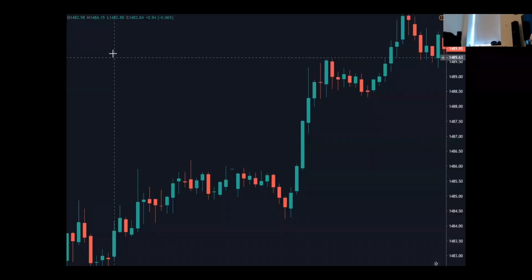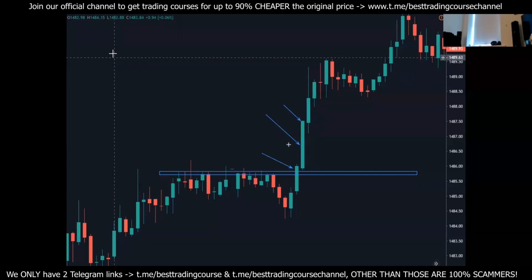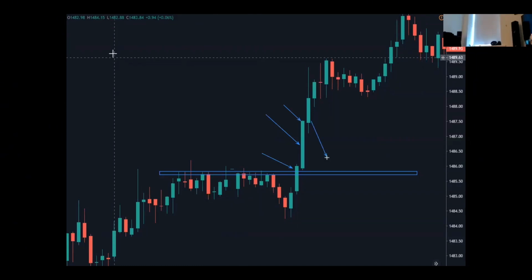Okay, perfect. So let's say we have a break up over here. Candle breaks out. This candle goes bullish. Candle closes with no wick. This means there's no range for the next candle to go up. So someone says, okay, now I'm gonna wait for a retest, and then I'm gonna take a buy, and then price is gonna continue to go up. But what happens is that there is no retest, because